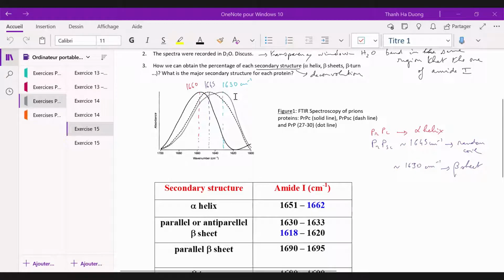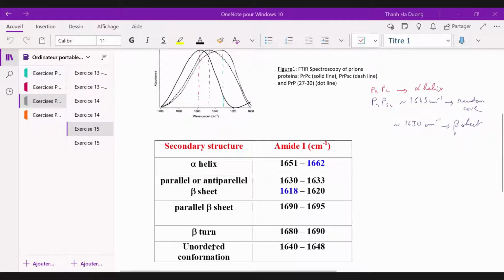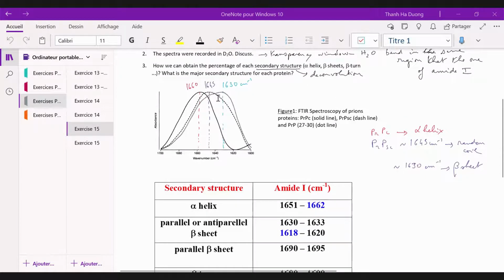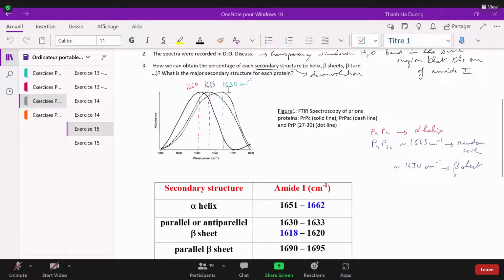Sorry, in violet, you have a maximum of 1,645. Okay, so it's probably something here under red conformation. And you have also a shoulder in this band. You have a maximum here and a shoulder in this band, which correspond also to the maximum of a small